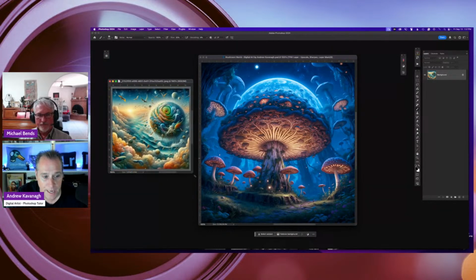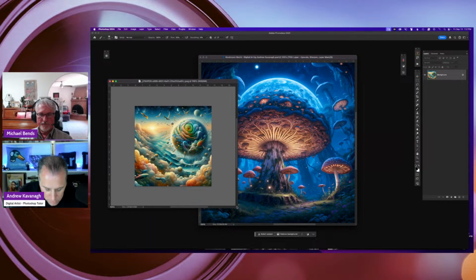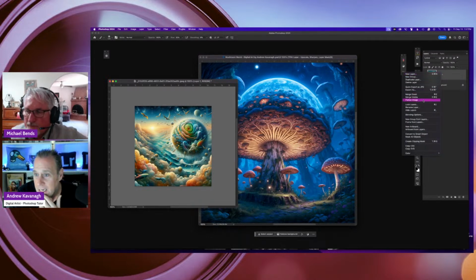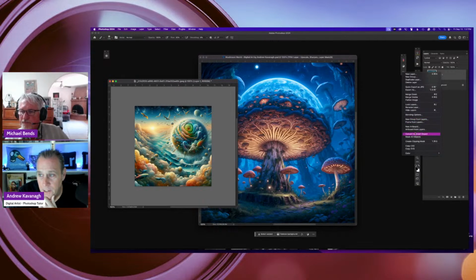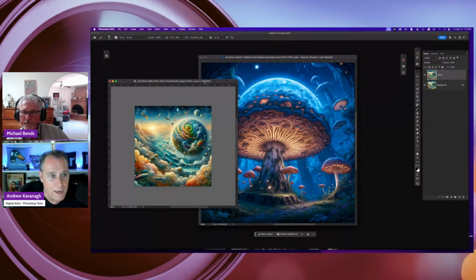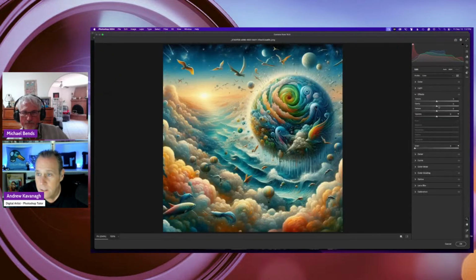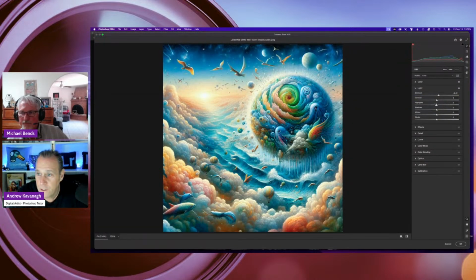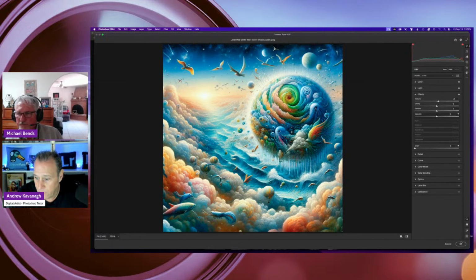So the first thing is with any image I bring into Photoshop, I almost automatically create a new layer, or then if I'm going to go back and forth with the camera raw filter, I will convert it to a smart object. In this case, I'm just going to go once, so I'm fine. But I might go in and do a quick camera raw tweak. So color, maybe a little bit more blue, bump up the vibrance, and then for light, do the exposure and contrast, maybe bring out some texture a little bit.